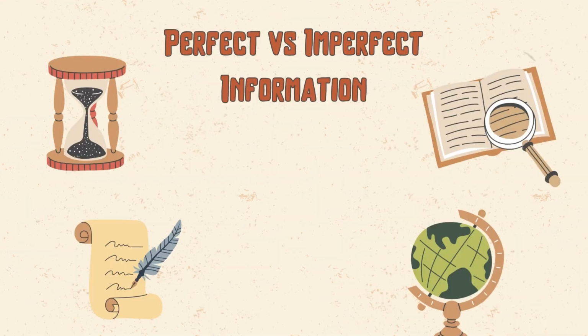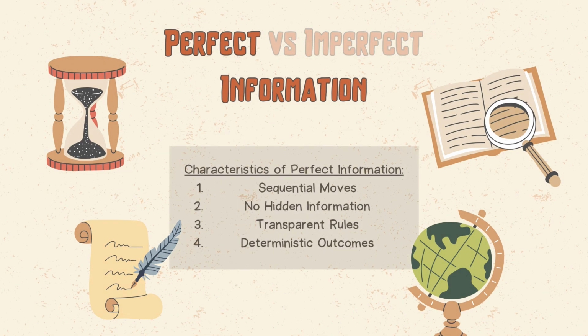Perfect information and imperfect information games. To determine that a game is a perfect information game, certain requirements must be met. Sequential moves: players take turns making decisions, and each player observes the actions of all previous players before making their move. No hidden information: all players have complete knowledge of the game's state, including past actions, current positions, and available